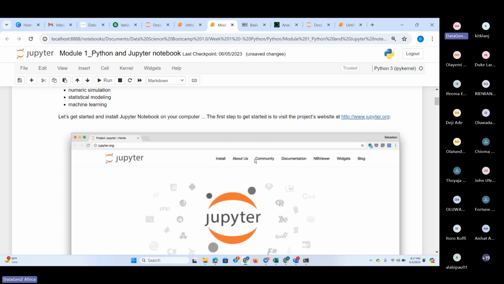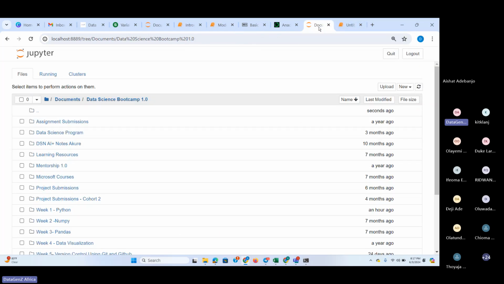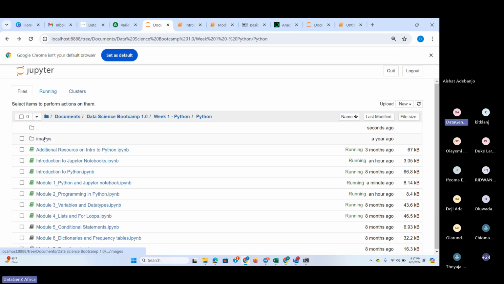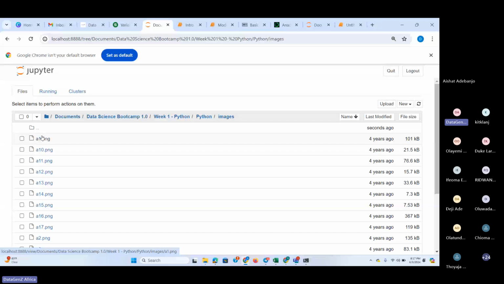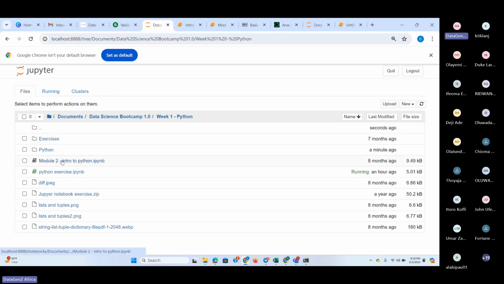This Jupyter image is an image on my laptop. So when I go to the original directory, where I loaded this document from, there's an image folder. Now, this is the notebook I'm working on, Module 1 Python Jupyter Notebook. All right, so this is the image folder, and in that image folder, there are several other images. So when you want to display, for example, a1.png on the notebook I'm currently on, what I'm going to do is